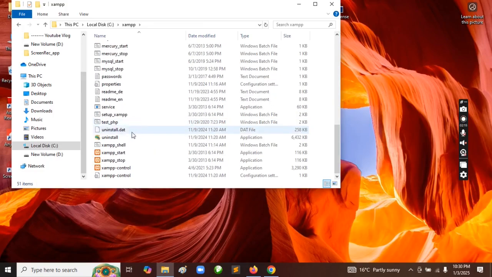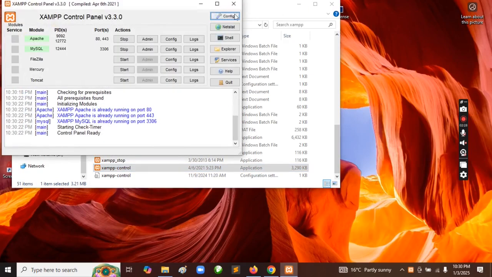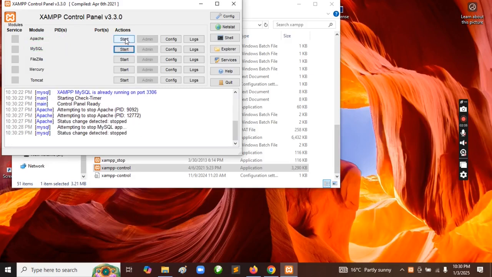If we click XAMPP Control, then we can run MySQL and the XAMPP Apache server. We'll start the Apache server and the MySQL database. MySQL database is a database where our data will be stored